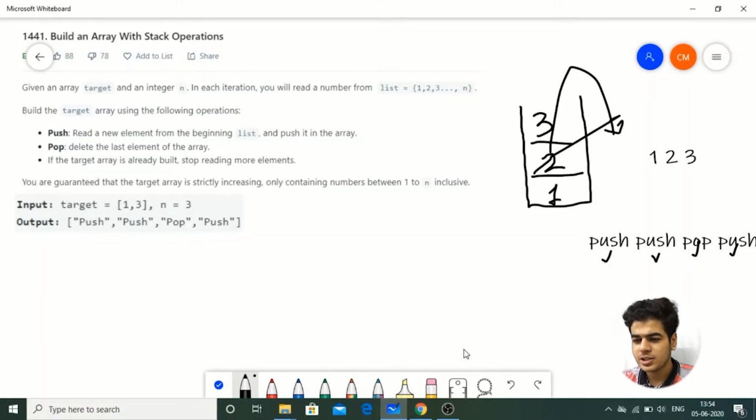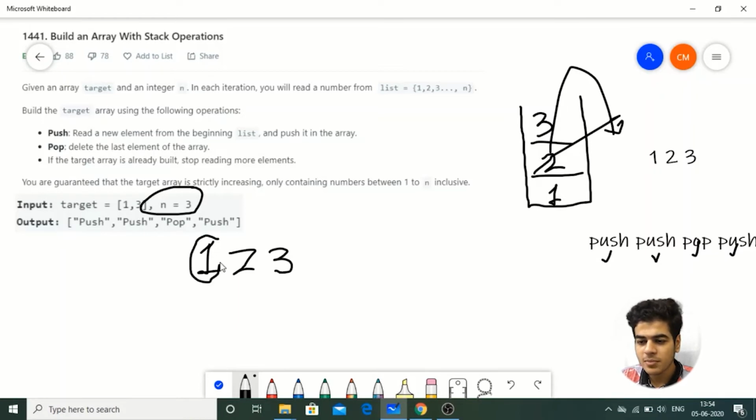Let's see the implementation. I am going to start a for loop from 1 to this number that is given to us, n. So in this case that is going to be 1, 2 and 3, right? Then at each and every iteration I'm going to check whether the number that I am using in this iteration is present in target or not.